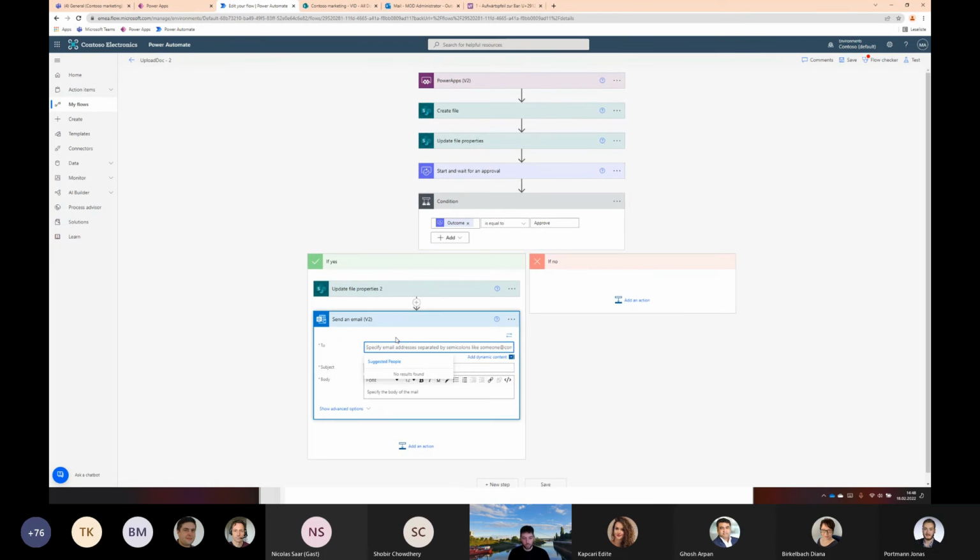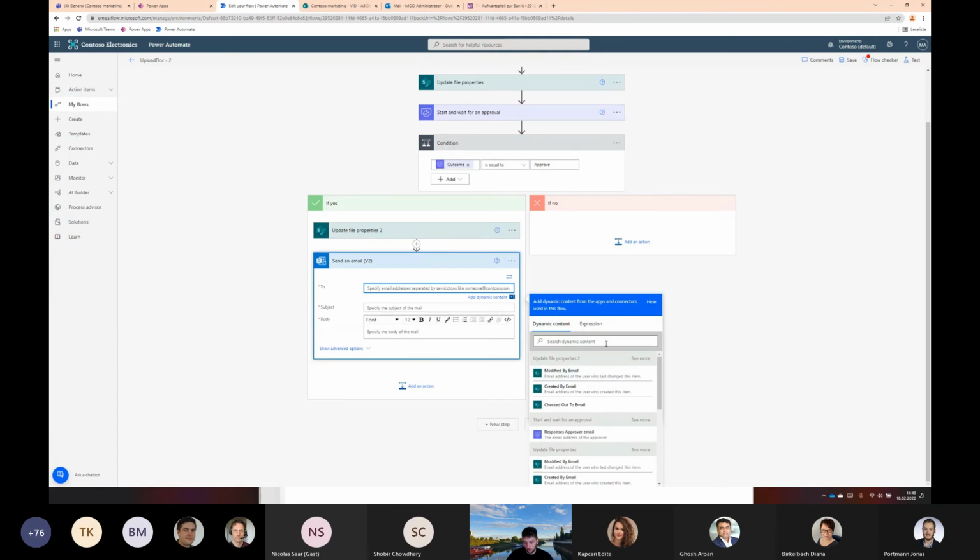Okay. Thanks, Edit. So to whom? To the person who created the file. Now, since it's an instant flow, the file in SharePoint will be created on the name of the user who uploaded it. Now, if it was an automated flow, then it would be a little bit difficult to do this because automated cloud flows run on the account of the user who created them. Maybe it was private, maybe it was just a technical user, but instant flows run on the user who started them. So we can easily use the created by here